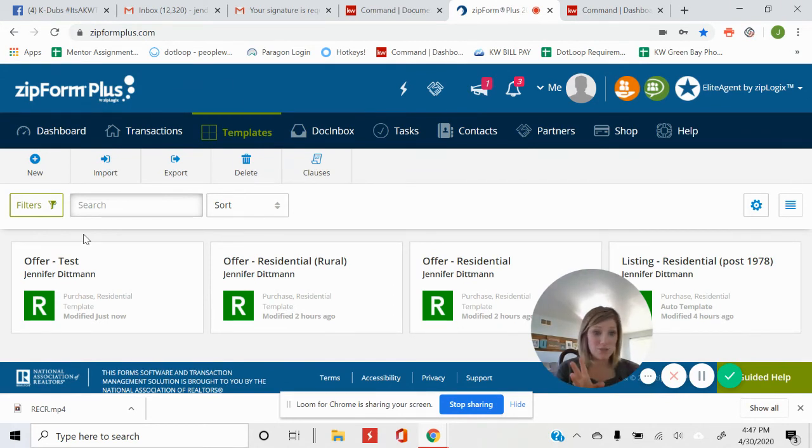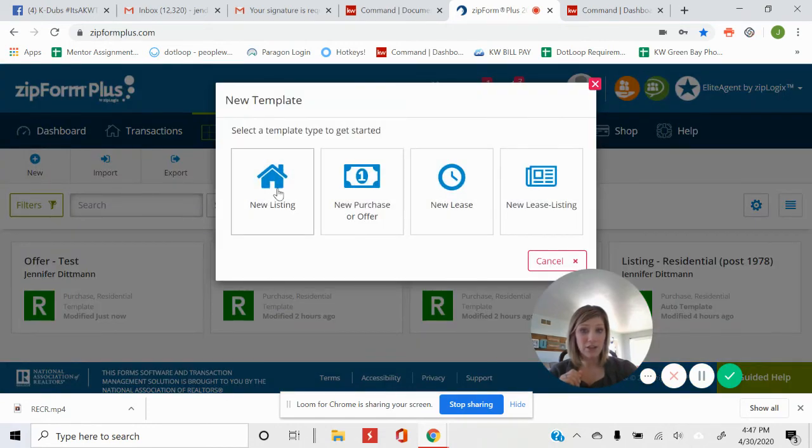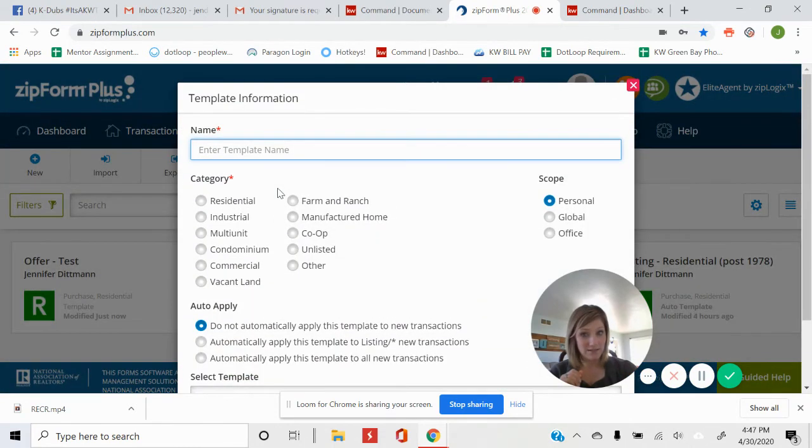The reason I like to do this post-1978, pre-1978 is it's a reminder for me of, oh yeah, this house was built at this year, so I need to use this template. It's a good reminder for you to keep your addendum S in there. So what you're going to do is click New for a new template. You're going to go to New Listing, and then we'll say Offer Residential